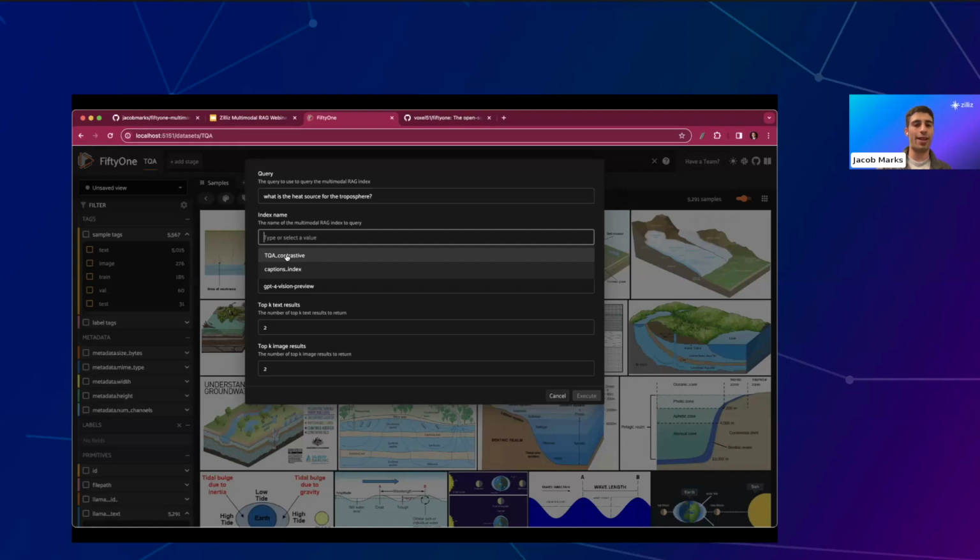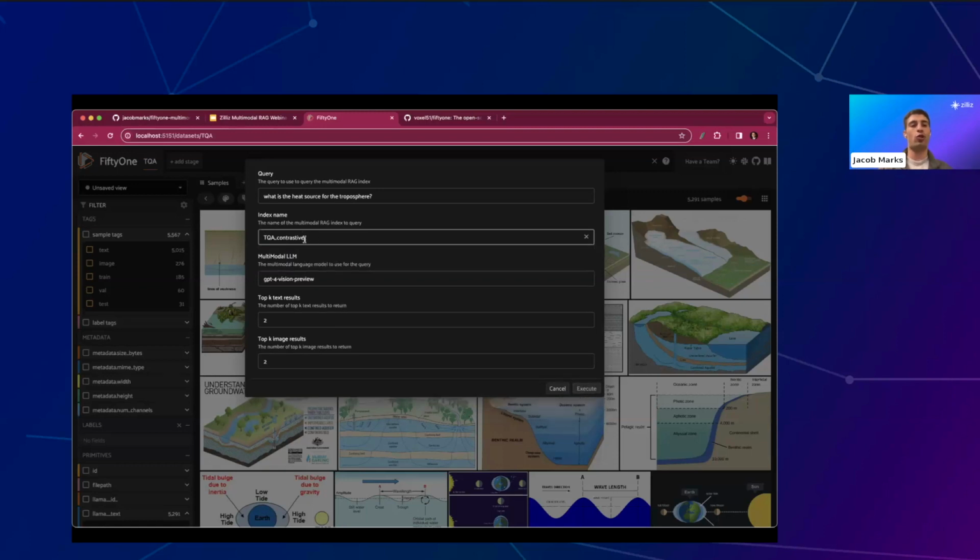One is a contrastive, and that means that I am using CLIP embeddings for the images. So I have taken all of the images and embedded them with a CLIP model, which is a multimodal model that was contrastively trained on images and text, so that I can compare it with text embeddings via CLIP as well. And I'm going to still look at all of the text in my dataset via a text embedding model, in this case, text-embedding-ada-002 from OpenAI. And it's going to have separate vector indexes for the text and the images, and it's going to find relevant results from both and feed those in.